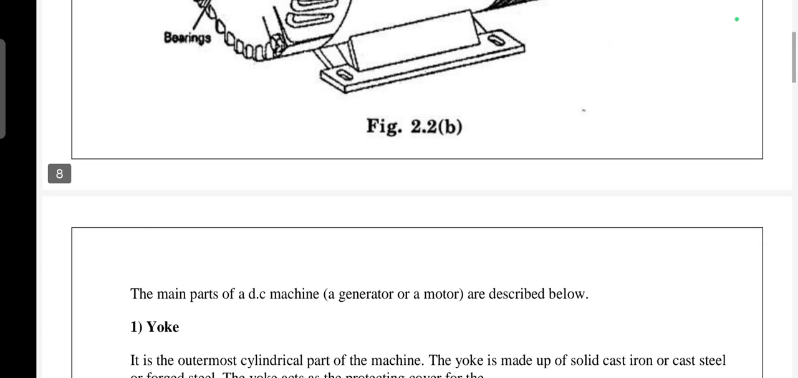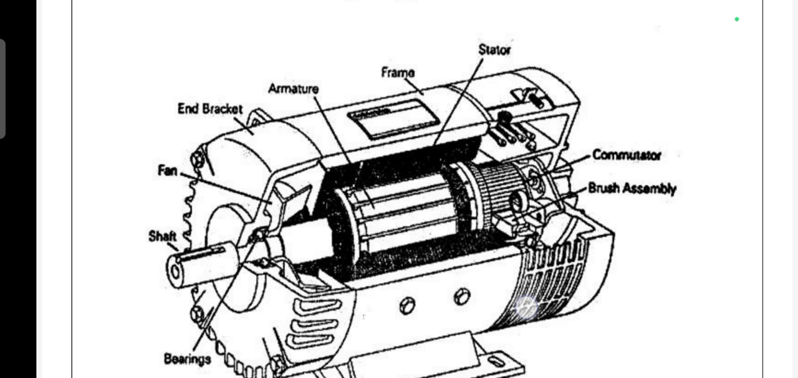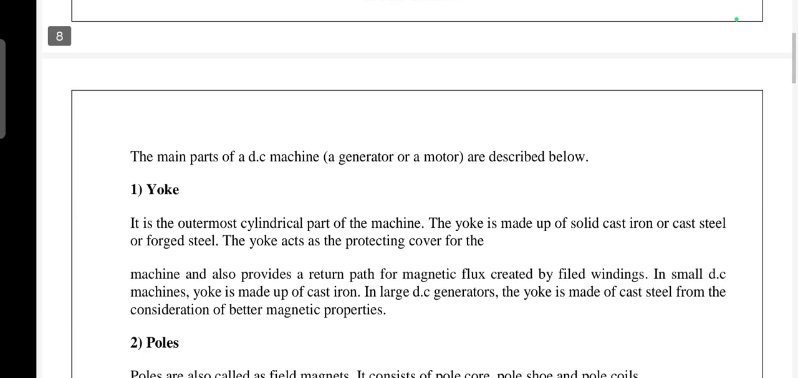See, this is the structure of a DC generator. It has parts like bearing, shaft, fan, end bracket, armature, frame of stator, commutator and brush. The detailed explanation of the parts will be seen below. The main parts of a DC generator: the first one is the yoke. As I said earlier, the yoke is the outermost cylindrical part of the machine, which is made up of solid cast iron, cast steel or forged steel. The yoke acts as the protecting cover of the machine and